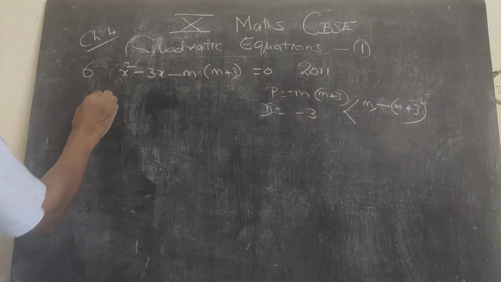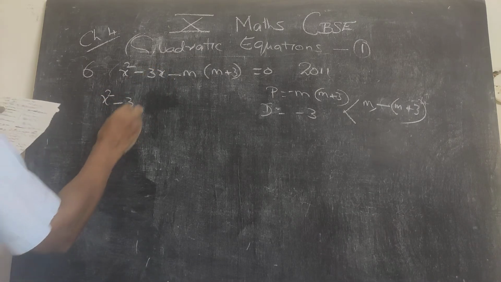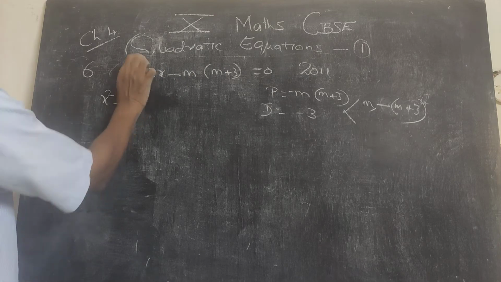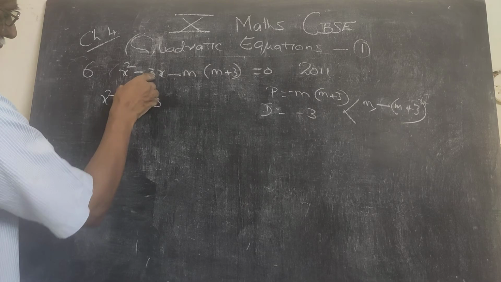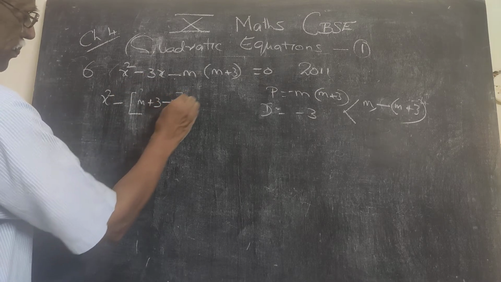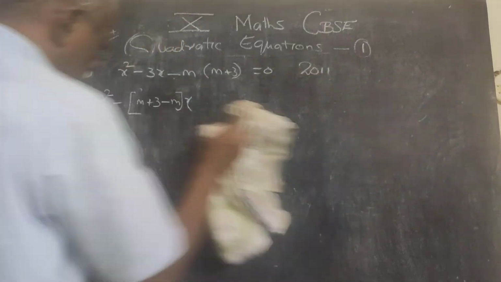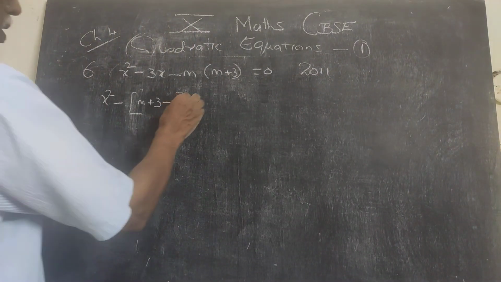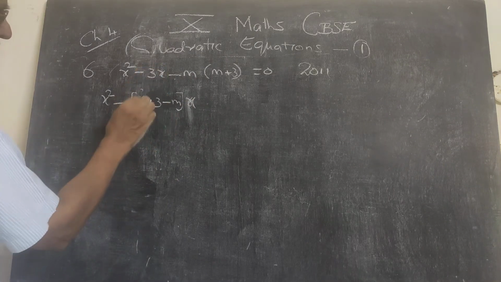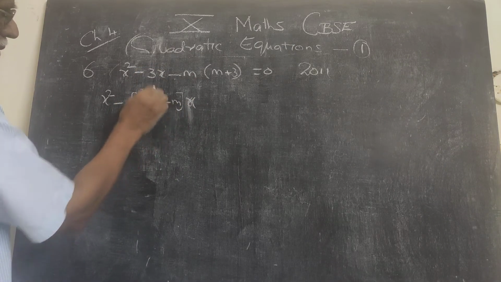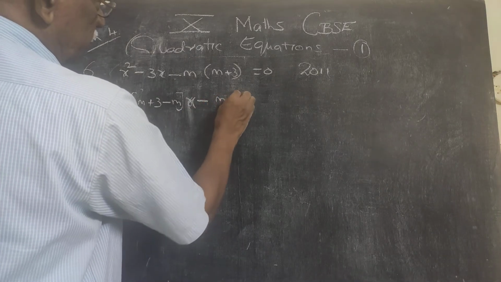So now go for this x square minus 3x. Instead of that x, you write it as, for understanding, m plus 3. 3x I want, minus m. So instead of this, you can straight away go like this. There is no need for the product and difference. You write this 3x as, add 1 m and minus m. This 3 will be there, minus outside. And here you will get minus of